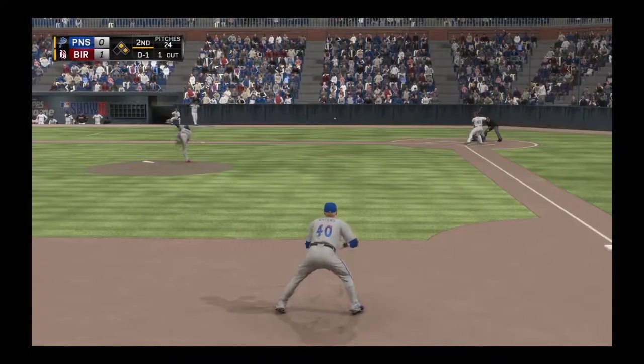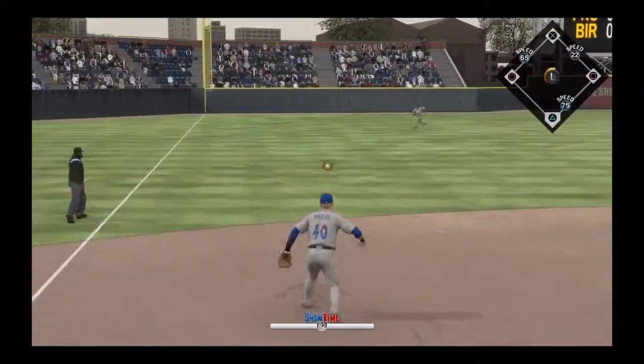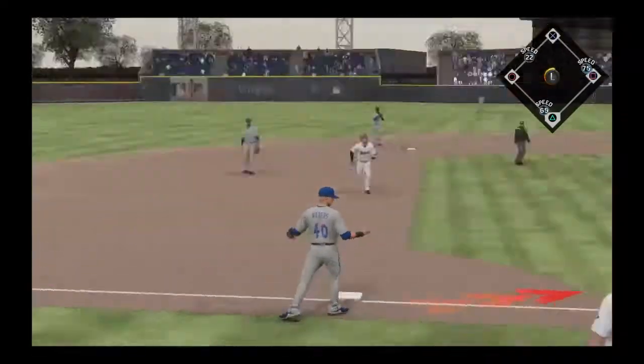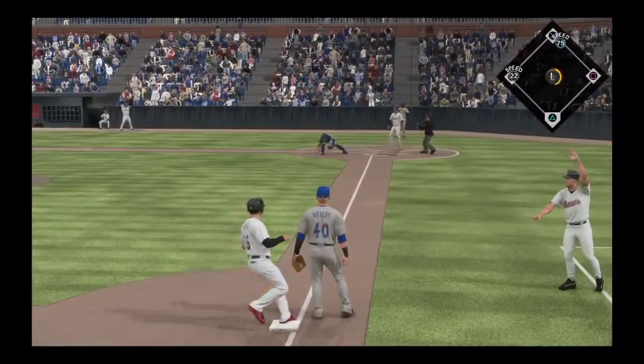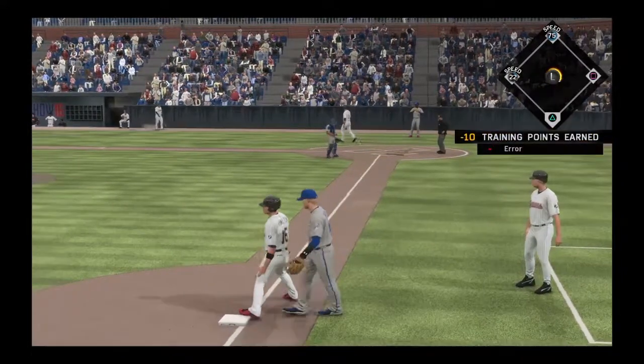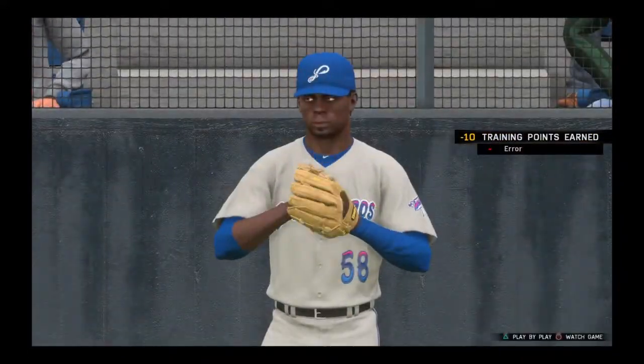0-1 count, and the pitch. Hot shot to third. And that's through into left, a base hit. Around third and being waved on home. And they're not going to get him. He's in there at the plate. And here, I think...